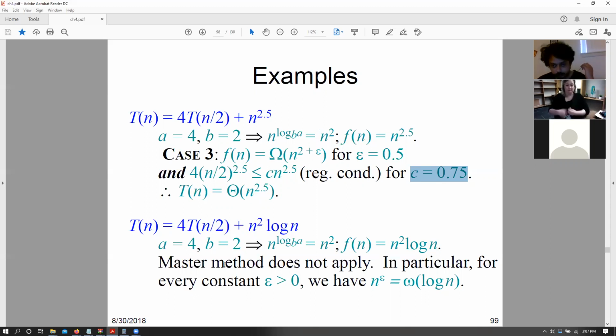Okay. So here we have another case where we have 4T(n/2) plus n squared log n. Now, this again brings you the same issues that we had earlier, where n raised to the power of epsilon is a omega of log of n. And it says that master method does not apply for every constant epsilon greater than 0. But I'll show you guys later that using an extended case for case 2, we can actually try and derive this particular problem and find out the complexity of this equation using master method. Okay.